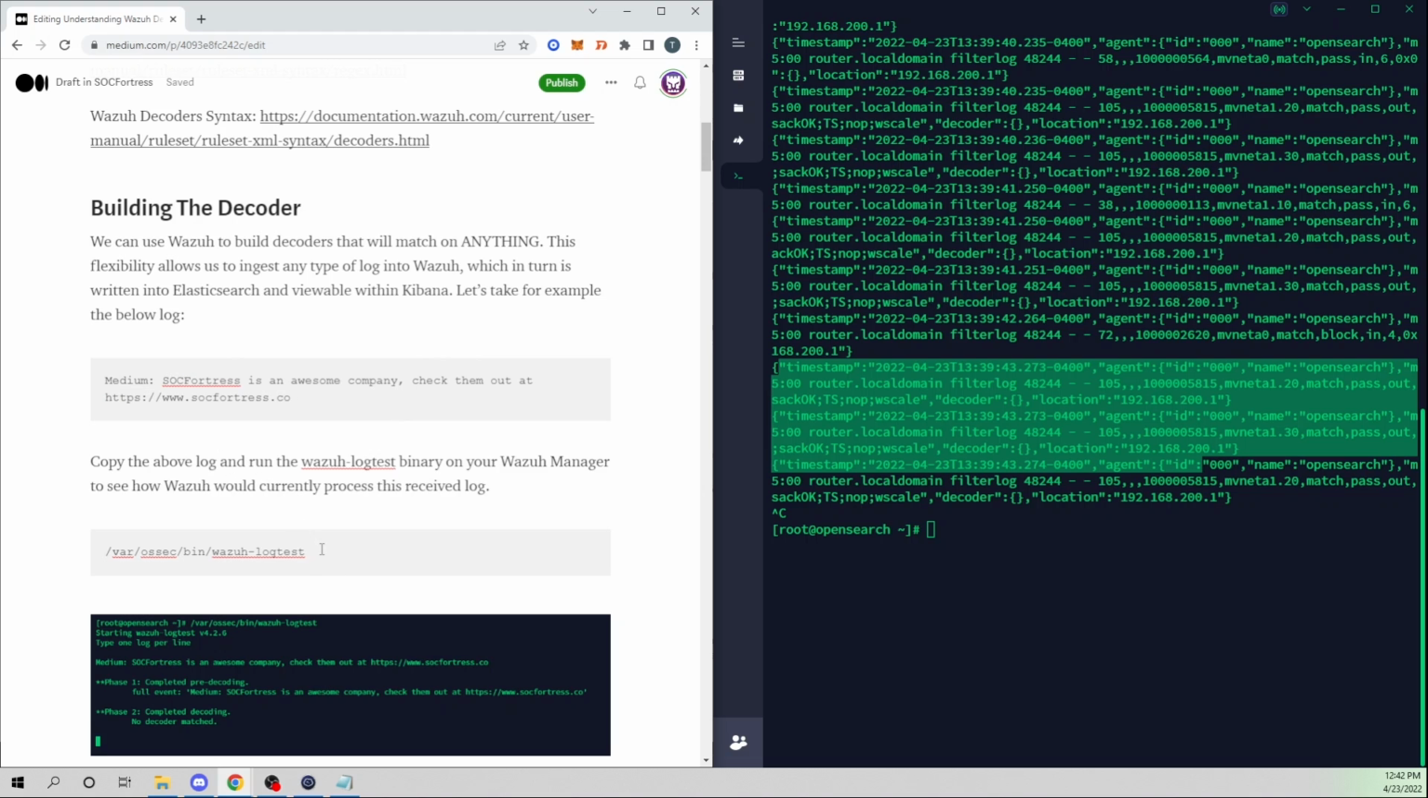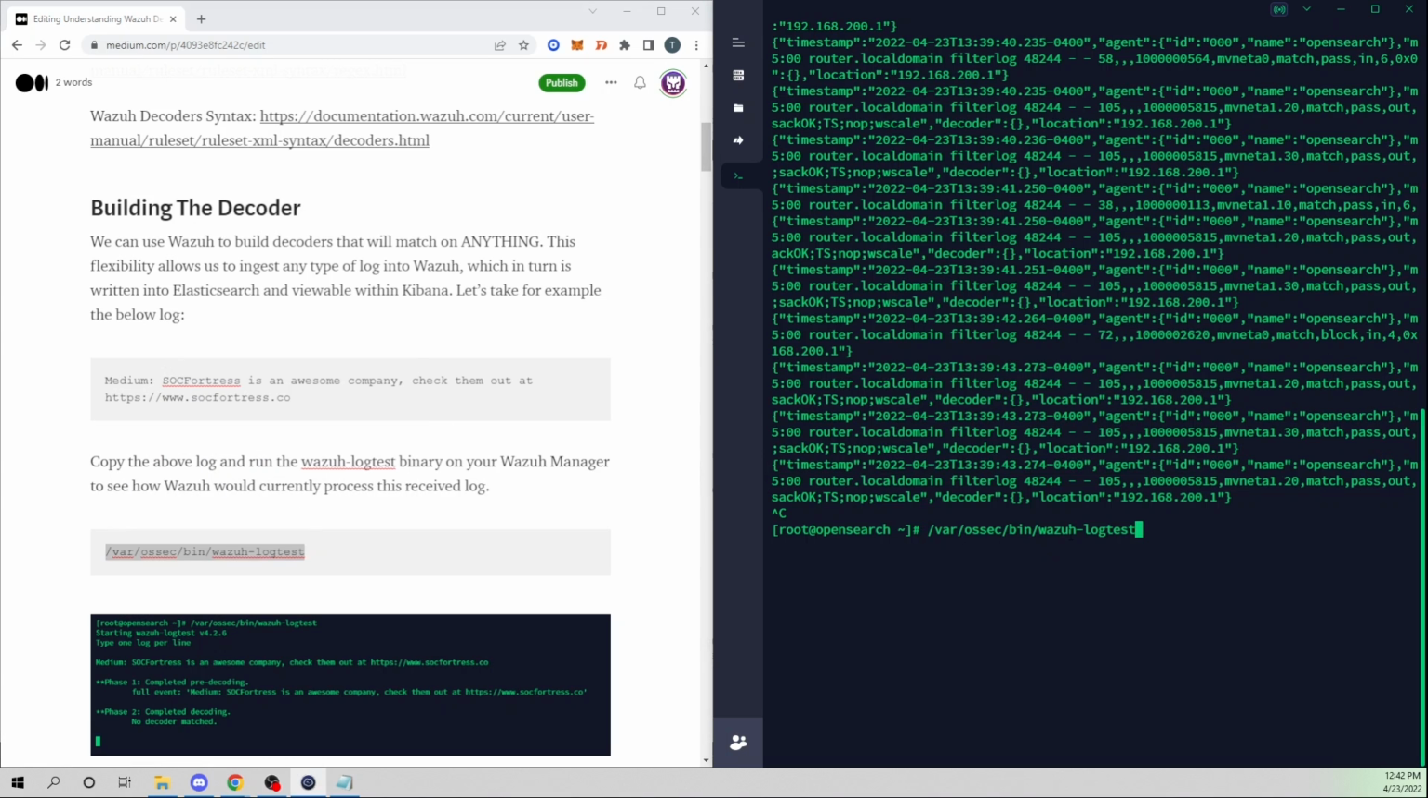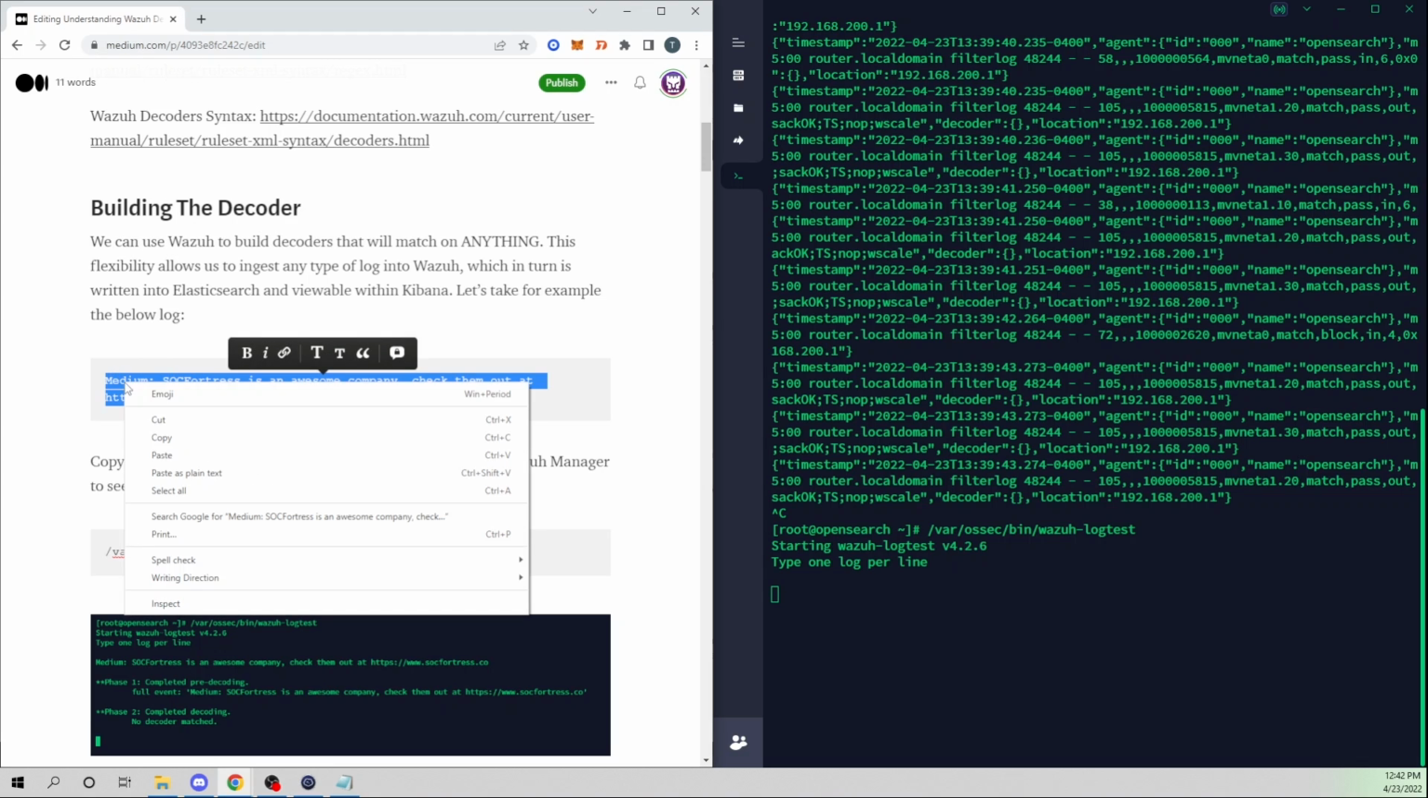So let's go ahead and see what this looks like as of now. So let's run our Wazuh logtest. Another useful tip when you're building your own decoders and rules is that this is an awesome binary to take advantage of, because it tells you how the Wazuh manager is actually parsing and ingesting your logs. So let's go ahead and run that, and you'll see we now have the option to type our log entry. So I'm going to copy this